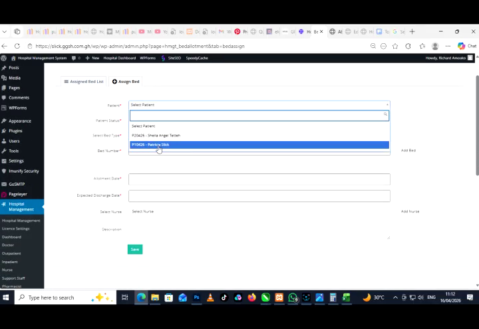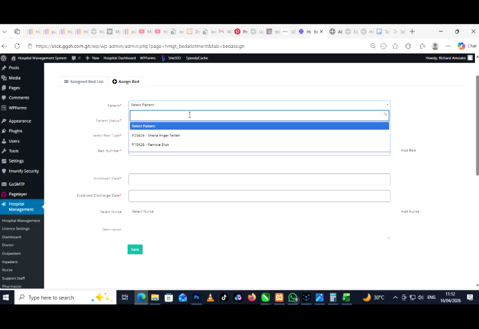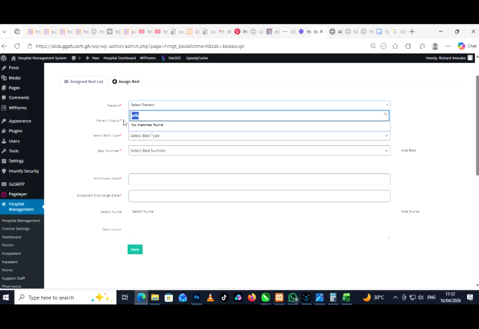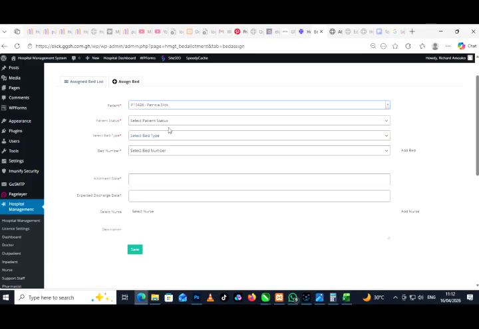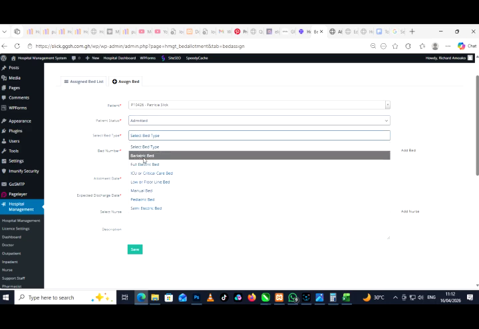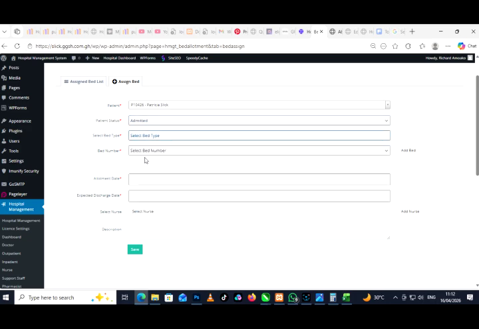When you come to assign bed, you come here, then you follow the process. You follow the on-screen number of patients. You select their name or you search for their name. You type their name, it will come. If maybe there are thousands of patients, you search their name, Patricia, and Patricia will come. Then you select the status, admitted, add bed, maybe